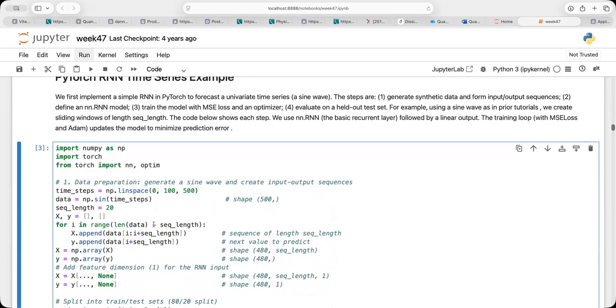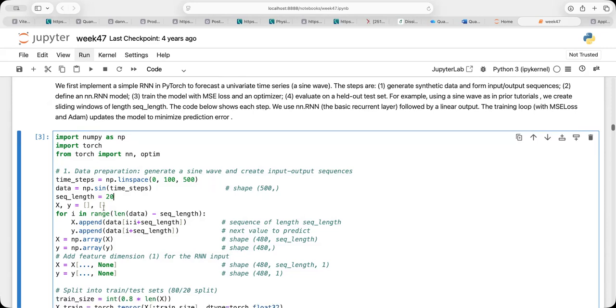And here you can now see the way I append the data. And take a look at this, because now I'm setting up the data. So I have this sequential length, a sequence of length, sequential length, and that contains the next value to predict. This is a common trick, as we discussed, these sliding windows. And this becomes a parameter you can play around with. What is the best length of the sequence of input data and output data?